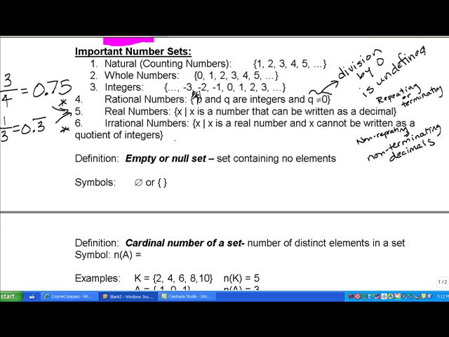Irrational numbers are square roots where we do not have a perfect square radicand, the radicand being the number inside. So the square root of 2 would be irrational. Pi, what we use in geometry with circles, 3.14159 and so forth. It's a non-repeating, non-terminating decimal. And I can even create one just by adding